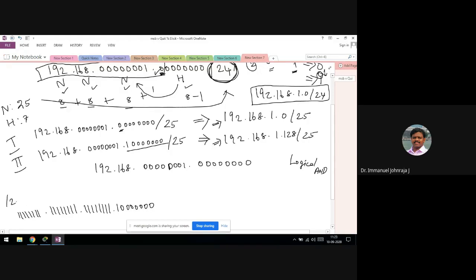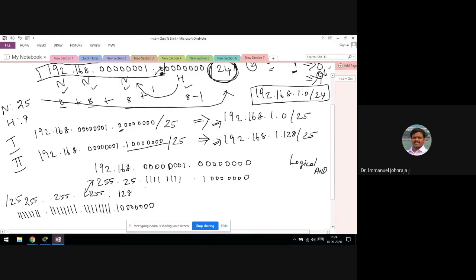Please remember, don't miss out this point as well. This is the meaning of /25. If I write this into decimal, it becomes 255, 255, 255, and 128. Hope you got it. Right. So I'm writing this as the subnet mask now: 255 dot, and this one I'm going to write as it is, and the last one also as it is. This is the subnet mask.